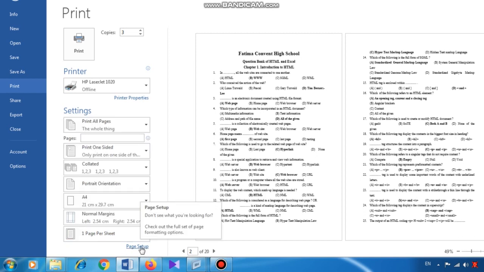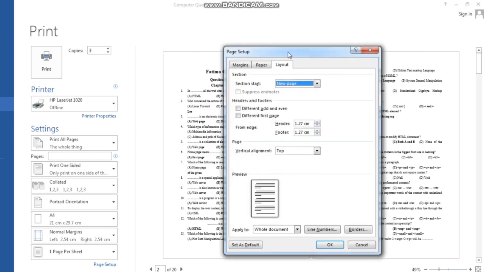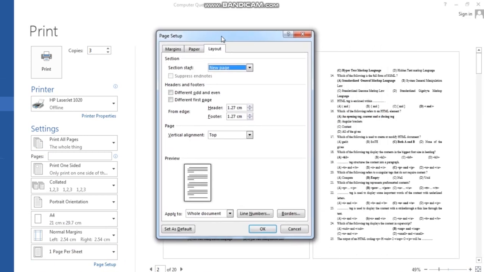Then we come to the page setup dialog box, which is the last topic of this video and this chapter. Before I teach that, I clarify one thing: why I am teaching you this topic using Microsoft Word, even though in your textbook it is given as OpenOffice.org Writer.